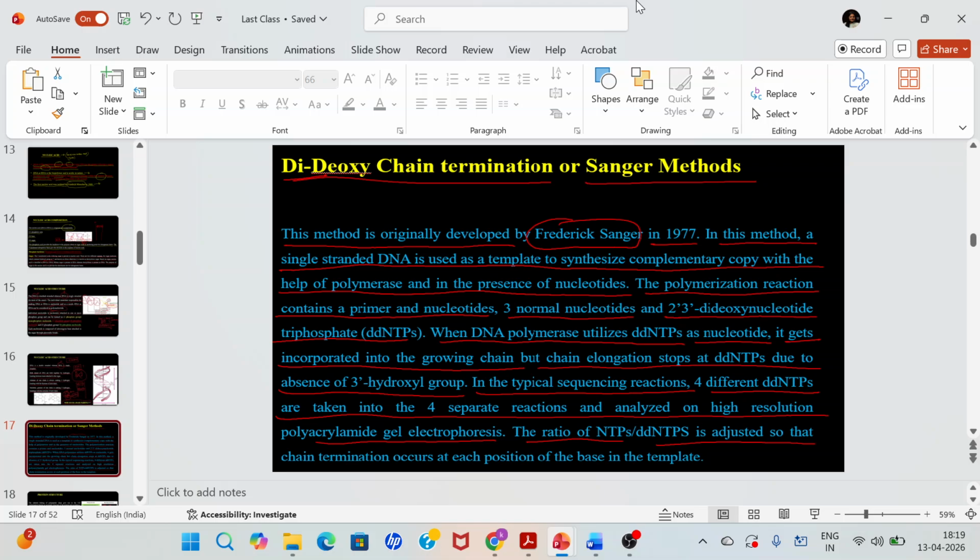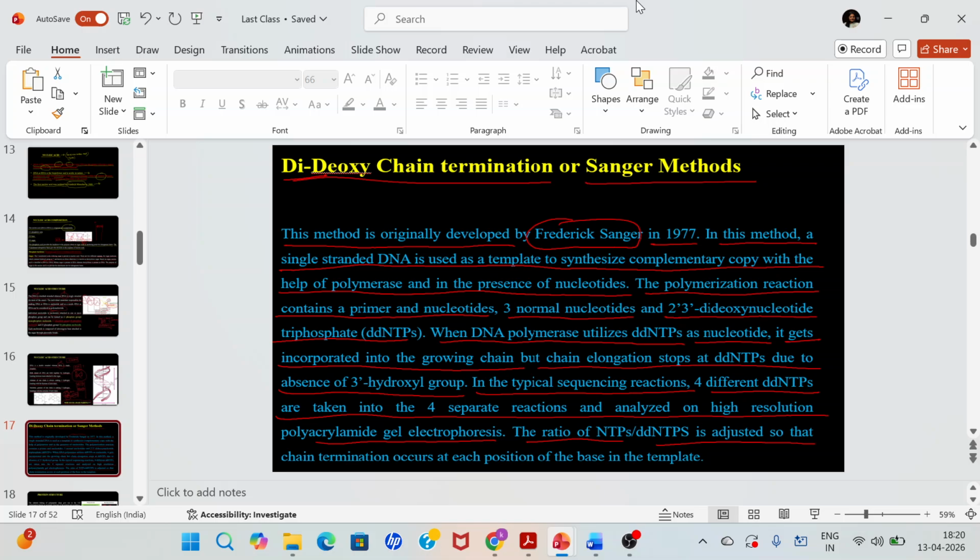Okay, now the sequencing part of DNA. How basically is the sequencing done? For that, one of the most popular methods is the Sanger method. In this, he used dideoxy chain terminators, which were added to different test tubes, and then the amplified templates were run on the gel, and it was found out that the sequence of this particular DNA is this,